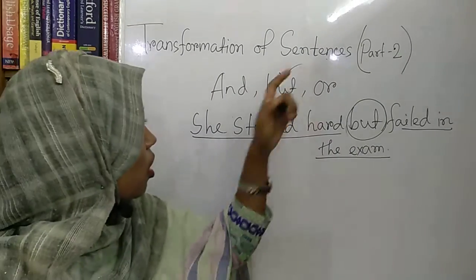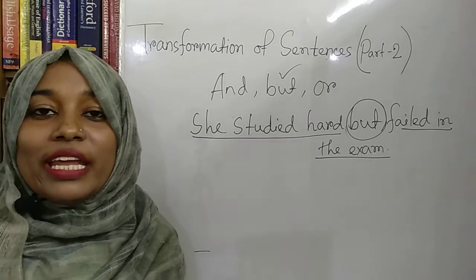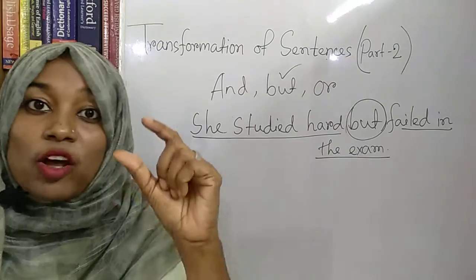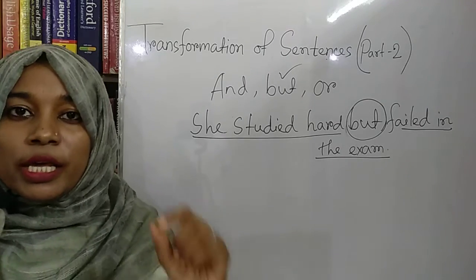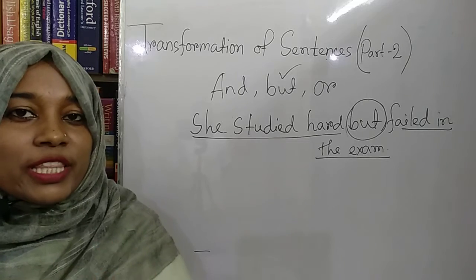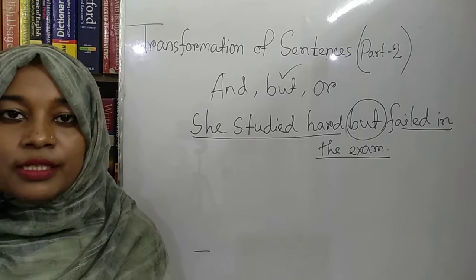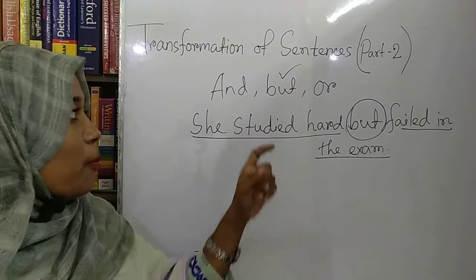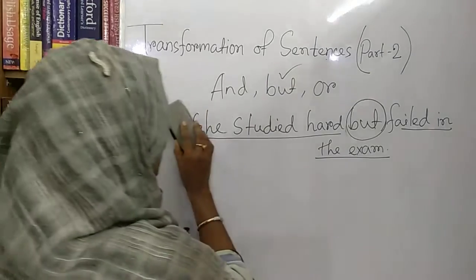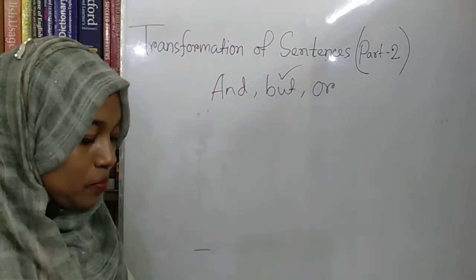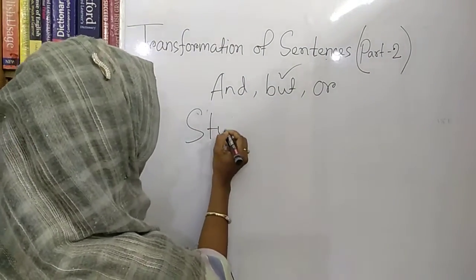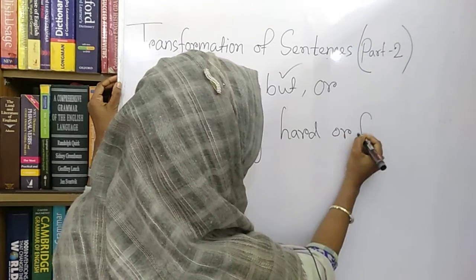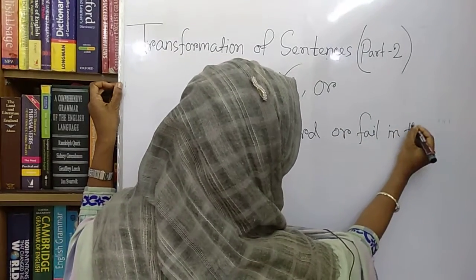That's why we have used here but. Now when we will use or in a compound sentence, if there is an option before you or if you can choose one thing from the other, in that case you use or in a compound sentence, as study hard or fail